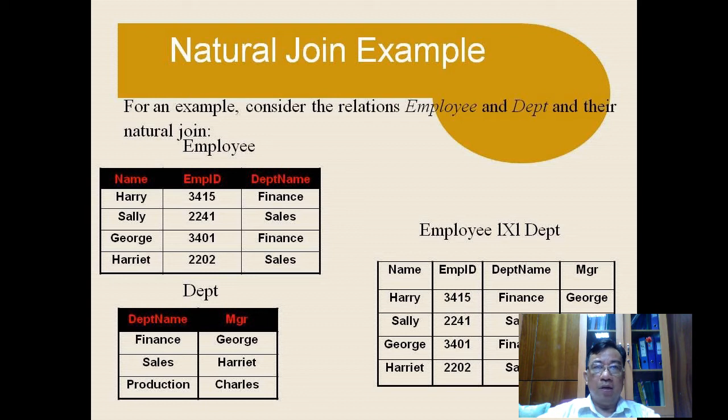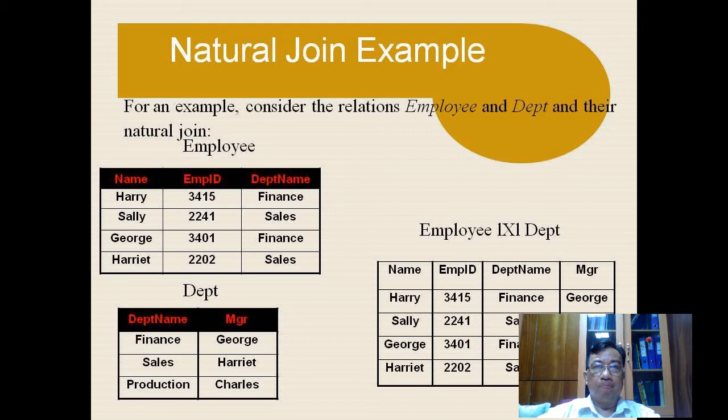So you see the first one, Harry, the employee ID is 3415 and Harry worked in finance. So after natural join, you will have the manager will be Charles, because in department the manager of department name finance is Charles,